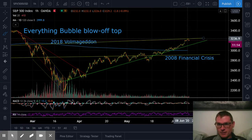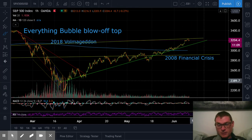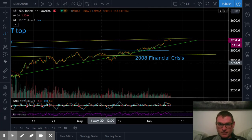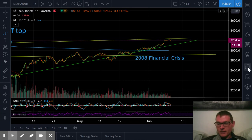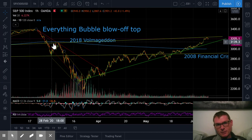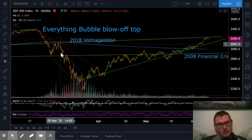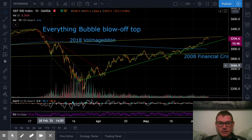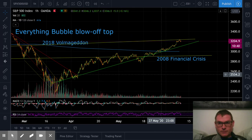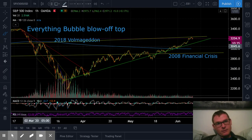So in the bearish case, that's what I would be looking for, just a double hit on this line, which could take like a week, or it could take a long time. I mean, it could be like a month or something to test it and come back and hit it again. And the back tests in this bubble, I thought, looked pretty similar to the Nikkei bubble, how you keep getting these double taps on the lines. That's what happened a lot on the Nikkei. And so yeah, if we're just back on this Volmageddon line,